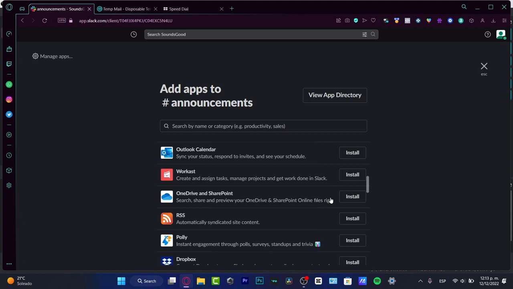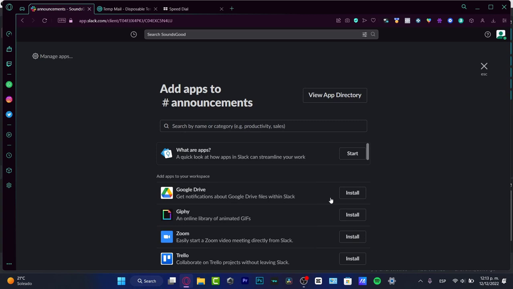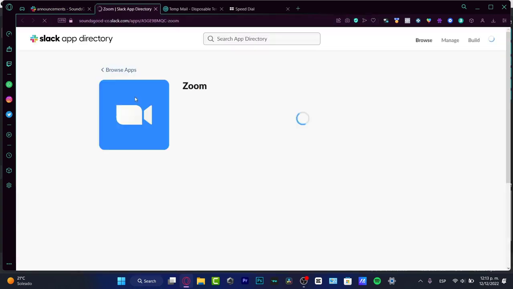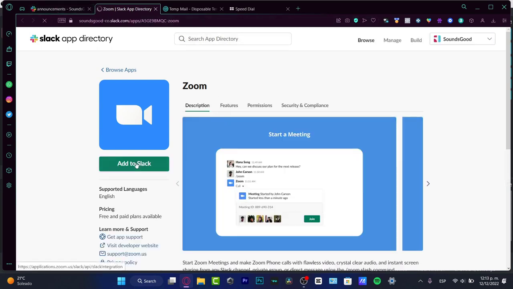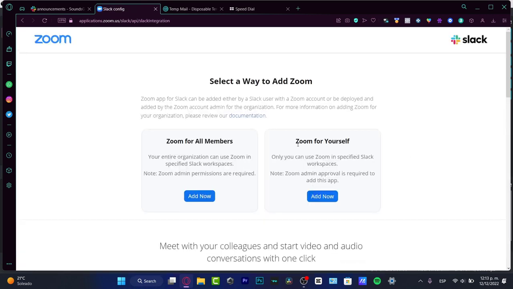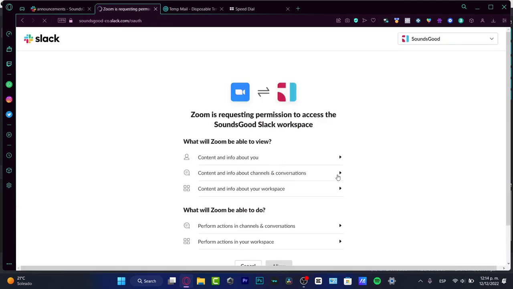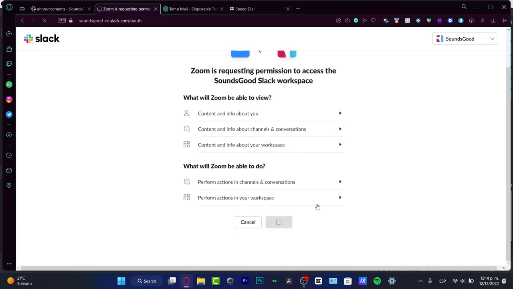But if the channel is only for video chats, I'm going to choose Zoom. I'm going to hit install, and here is the app section of Slack. So lastly, what I just need to do is add this Zoom into my Slack channel, and automatically I do have the option to send those directly to the members of the channel. So here is the request. You want to hit allow,